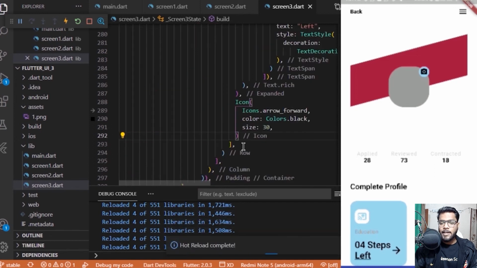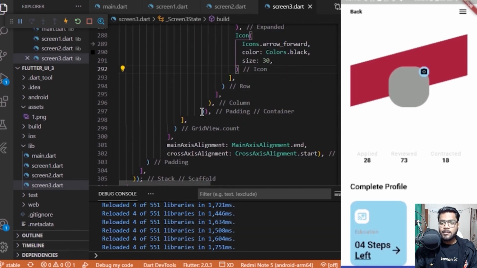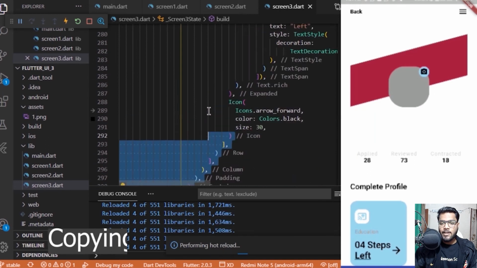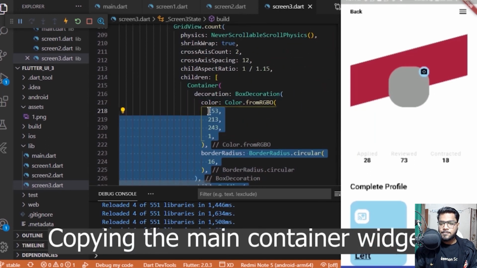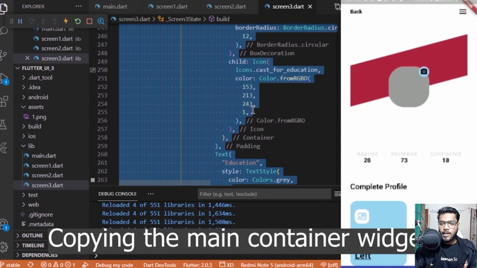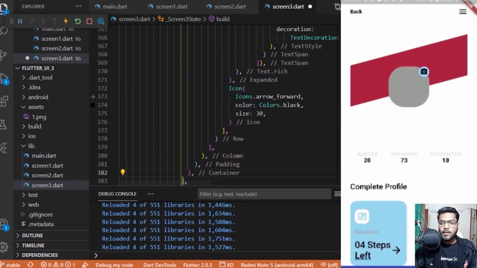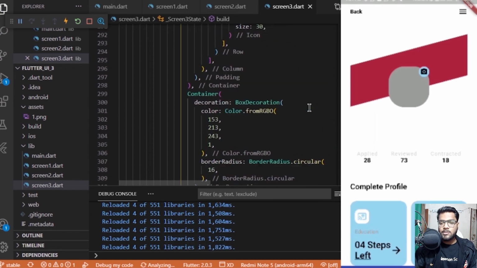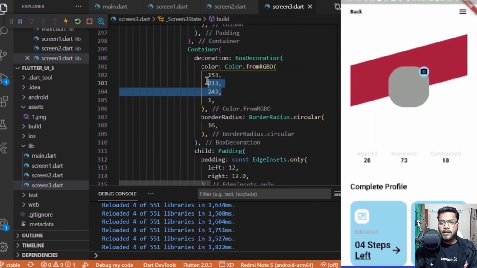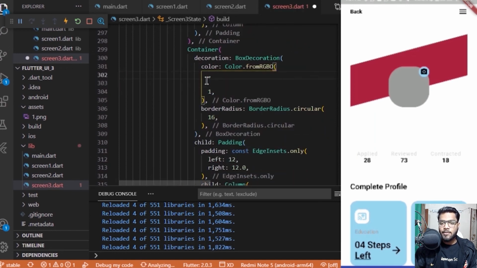Now copying the main container widget which we have added, and I'll be pasting that again, so that we have two containers now inside this GridView.count widget. And I'll be changing the color of this so that it looks a bit different than the first container which we are having,